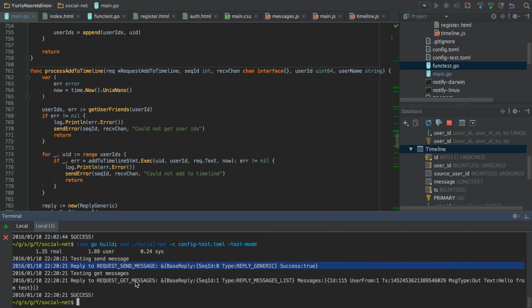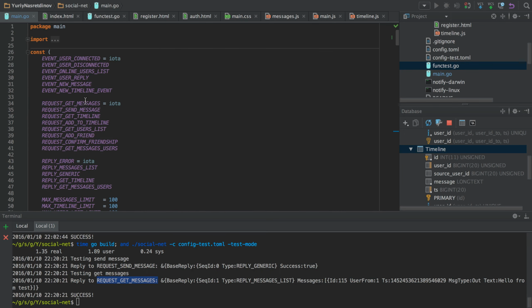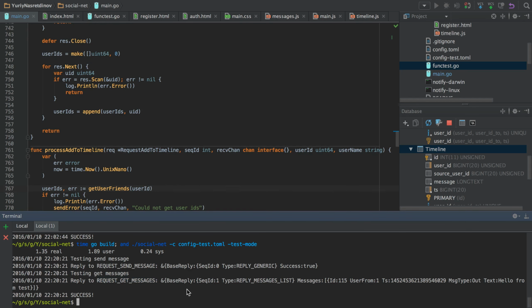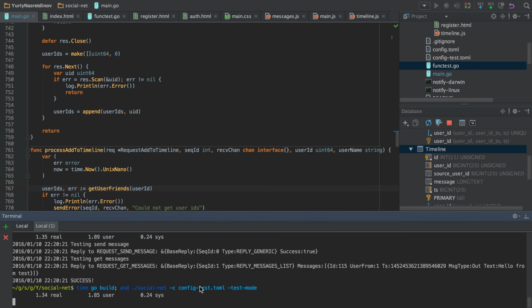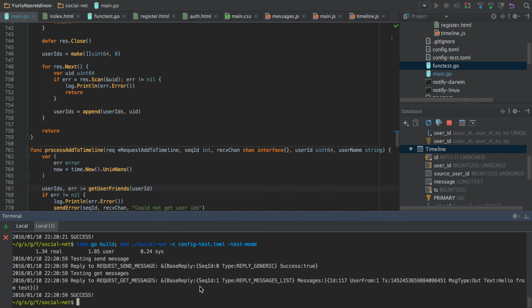So we have a small test case that tests the WebSocket communication, and it sends the basic two requests that are very popular and essential for every social network. It is send message and receive message. So a lot of people actually use social networks only as messengers. So this is why these are the first request types, and that's why they are checked as well.